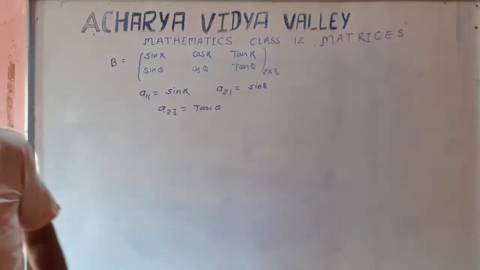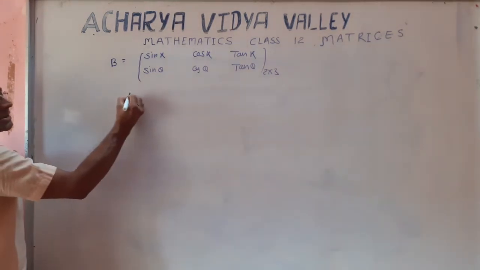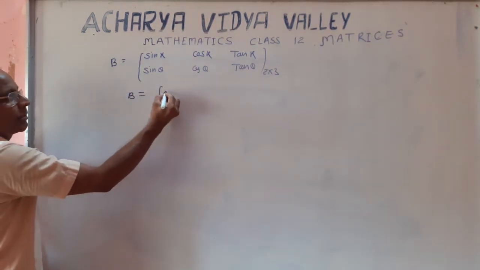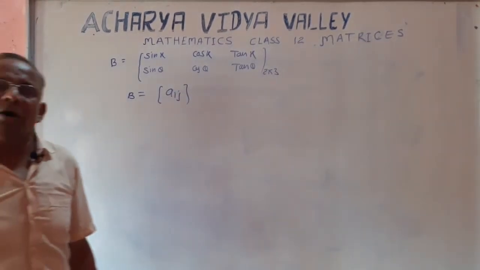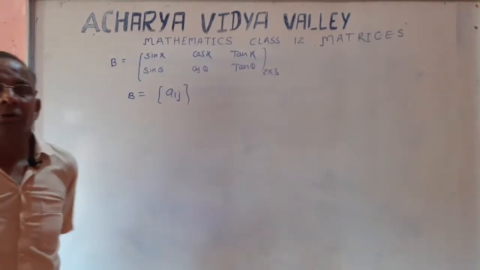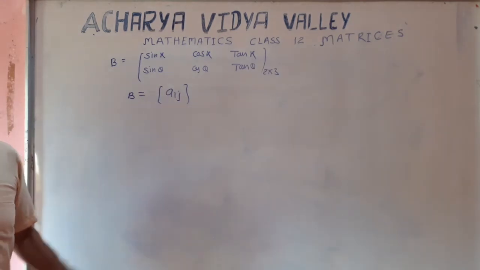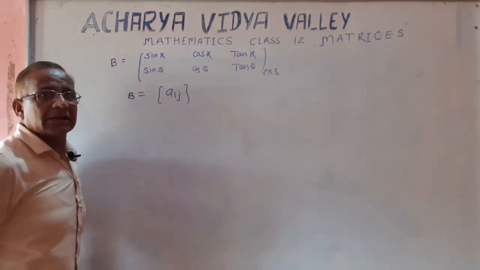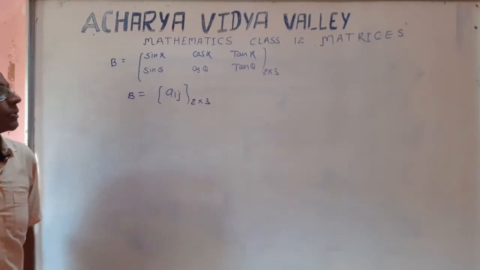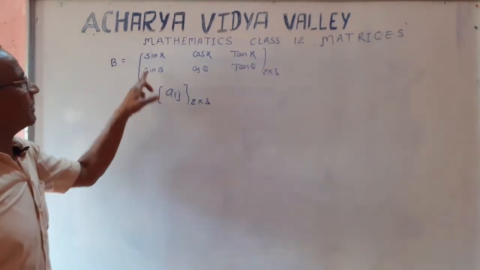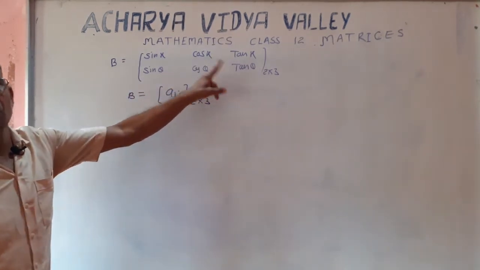Generally, a matrix is denoted in compact form, matrix B equal to Aij. It is the compact form of a matrix, meaning short form. तो हमें किसी मैट्रिक्स को Aij डिनोट करने से हमें ये मालूम पड़ जाएगा कि इसके शॉर्ट फॉर्म क्या होगी. I की वैल्यू कहाँ तक जा सकती है 2 तक और J की वैल्यू कहाँ तक जा सकती है 3 तक. तो ये मैट्रिक्स हो जाएगा 2 by 3 का मैट्रिक्स. Aij means A11, A12, A13, A21, A22, A23.